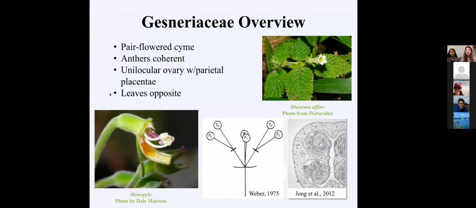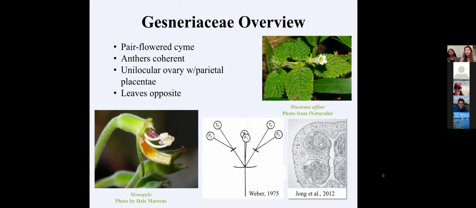The way that you can tell Gesneriaceae apart from other families is their paired flower sign, where the terminal flower opens first and the front flower opens second, which you can see in this middle photo. In addition, Gesneriaceae contain opposite leaves, meaning leaves opposing each other on the stem, which you can also see in this photo. The anthers, which are the parts of the flower that produce pollen, are coherent, meaning that they're set together but not actually connected. You can picture it as two hands together in prayer.